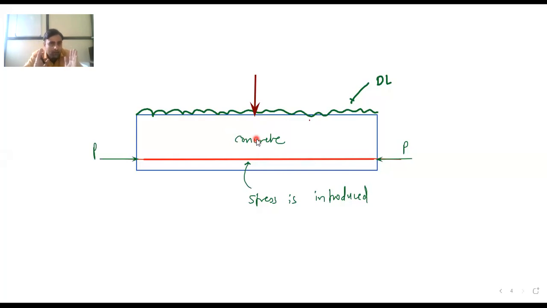In the normal member, there is steel and concrete only, that's it. But in pre-stressed concrete, the pre-stress is transferred to the concrete through steel. That is called internal pre-stressing. Pre-stress is transferred to the concrete by using steel. So steel means tendon. We call it a tendon or bar.